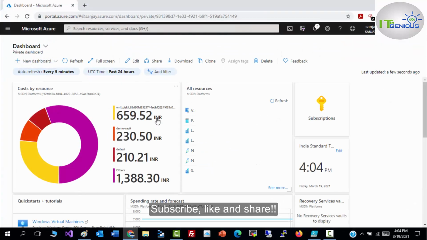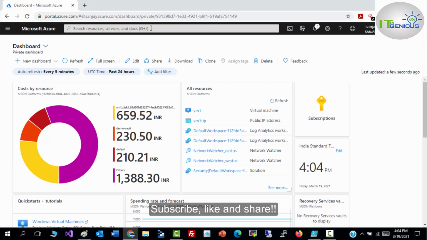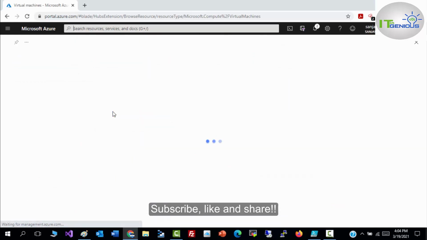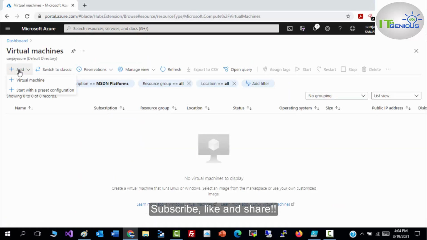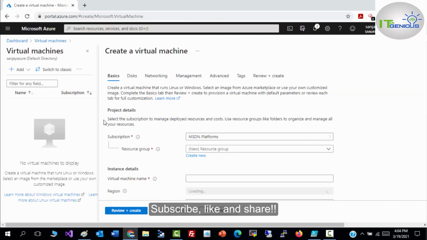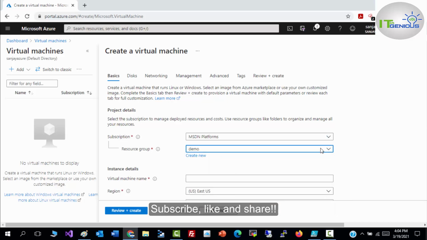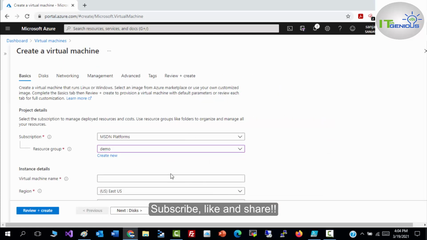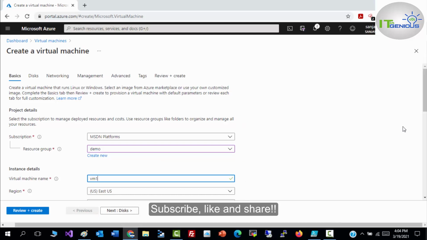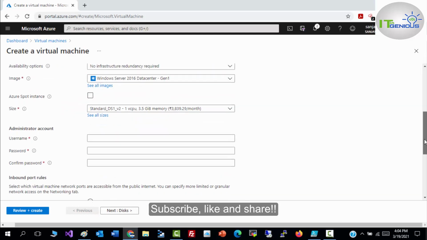So I'm going to the portal where I'm going to create a new virtual machine, through which you will be able to understand how to redeploy your virtual machine. I'm going to use my subscription, which is MSTN here, and my existing resource group, which is demo, and my VM name will be VM1.